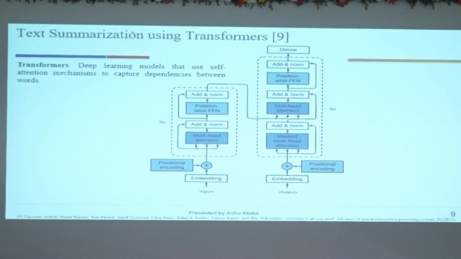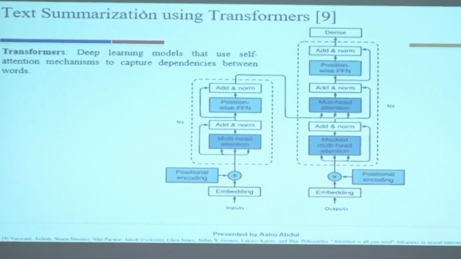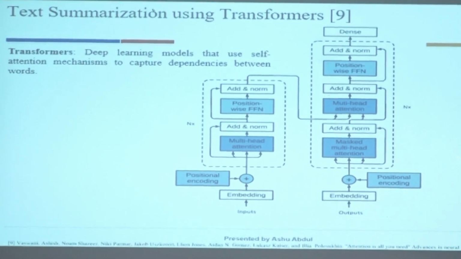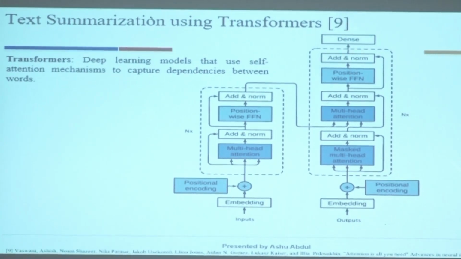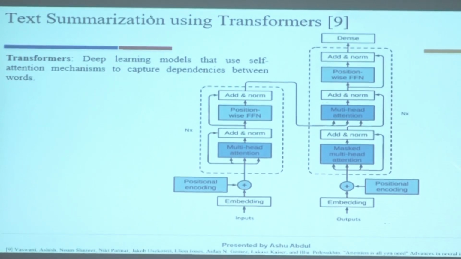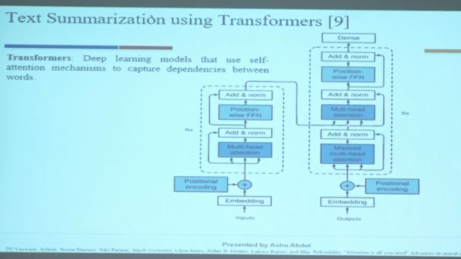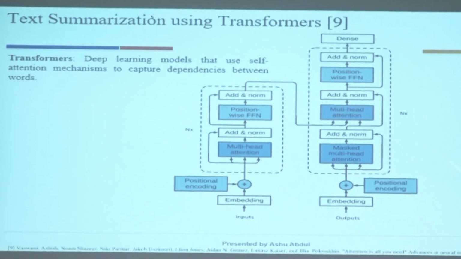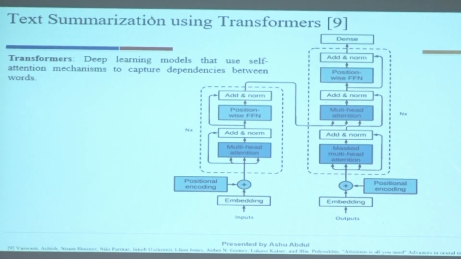Even though we create the context vector, in many cases you generate a lot of duplicate or redundant values, and the model you end up with is very heavy. To reduce that, people came up with an approach called